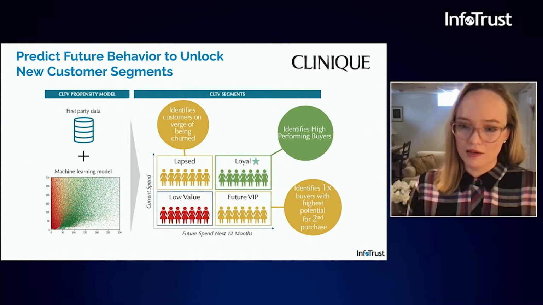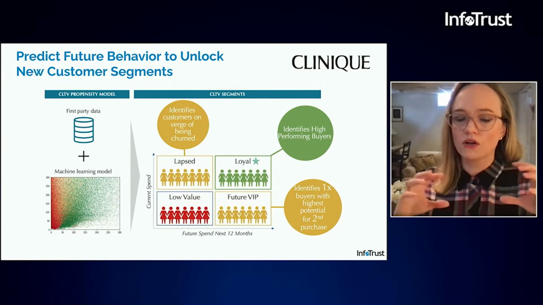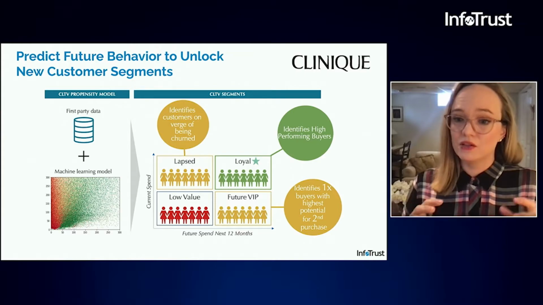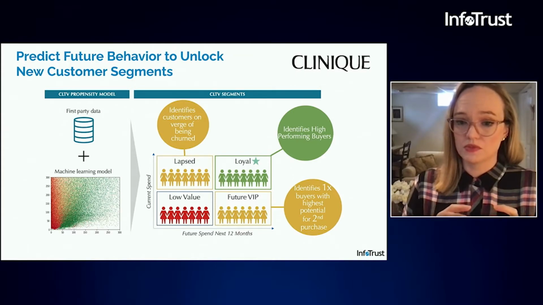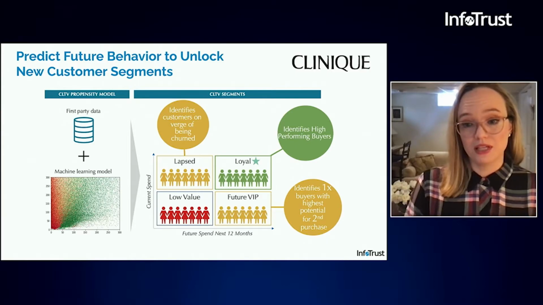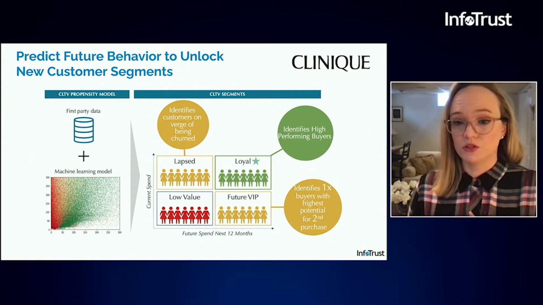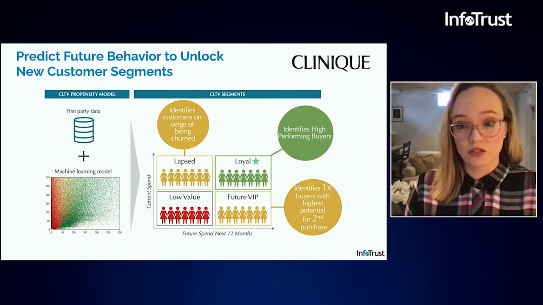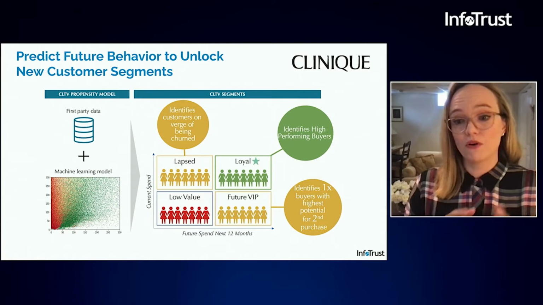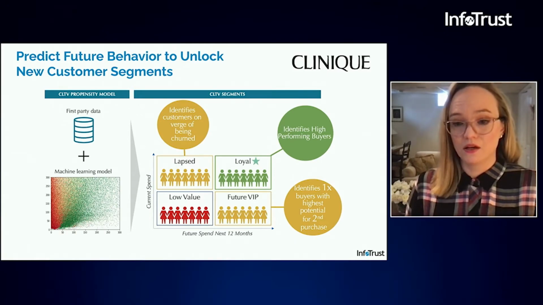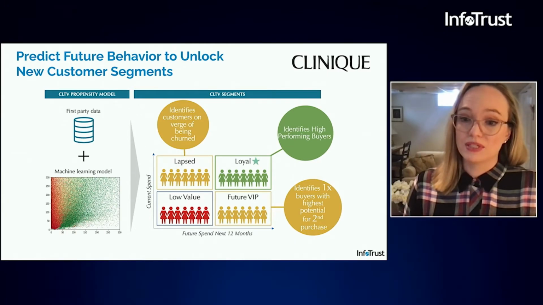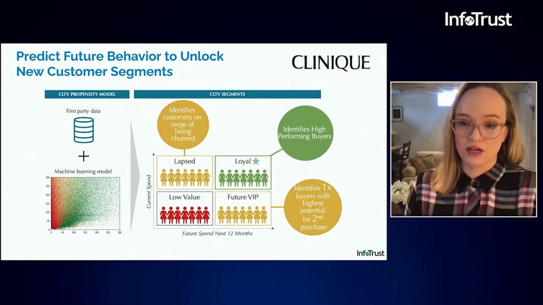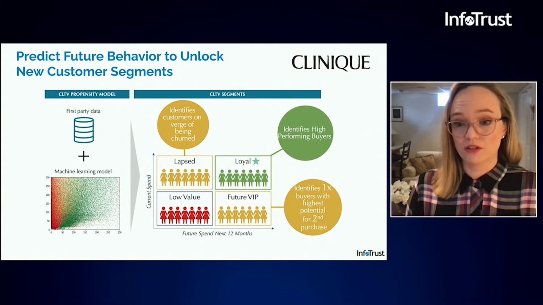Then if you look at the bottom 2 quadrants, they're all currently low value customers. And again, you can split them into 2 more focused groups. The first is people who are low value today and predicted to be low value in the future. You might not want to spend a lot of your resources there because they're probably lost to you. So you can conserve your resources and instead focus on the future VIPs who are low value today, but are predicted to be high potential in the future. And that's a much more efficient audience that you can go after. And it's a high percentage of first-time buyers that you can then convert to a second purchase.